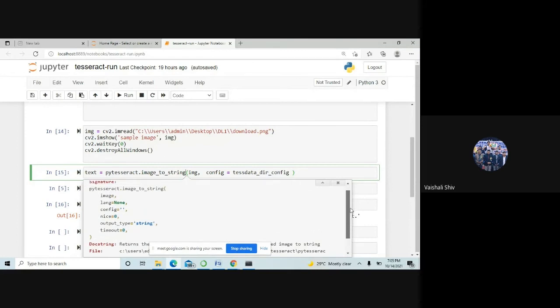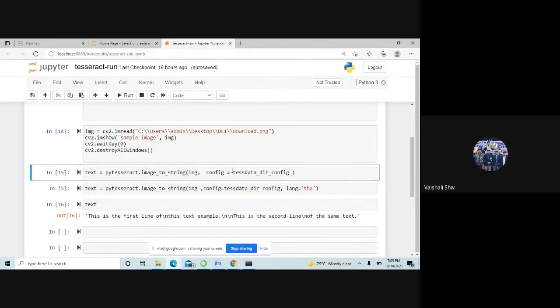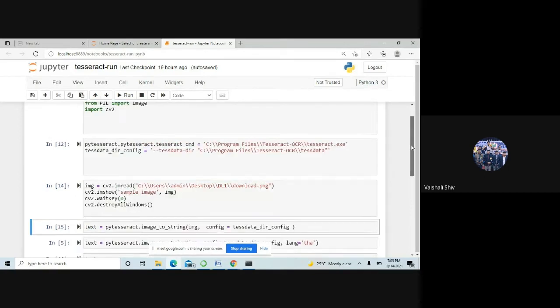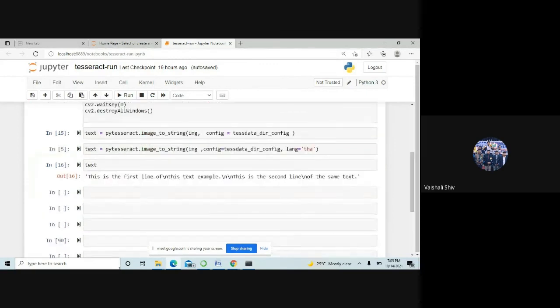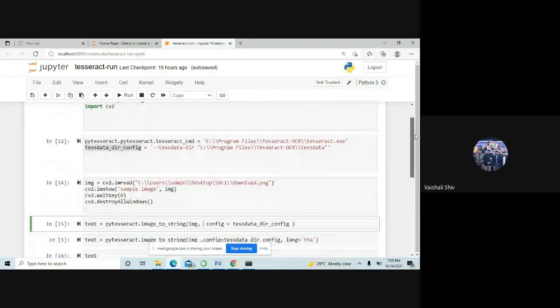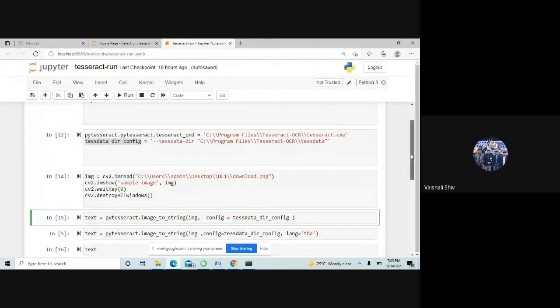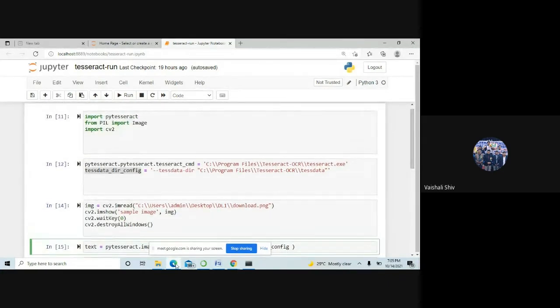You can provide these many parameters, but we are not going to do that. Here config equals tessdata dir configure. The tessdata directory path we have given here, right? So we are just giving config equals to that here. So for the image, it will detect the patterns in whichever language is given. So yes, the code is clear.